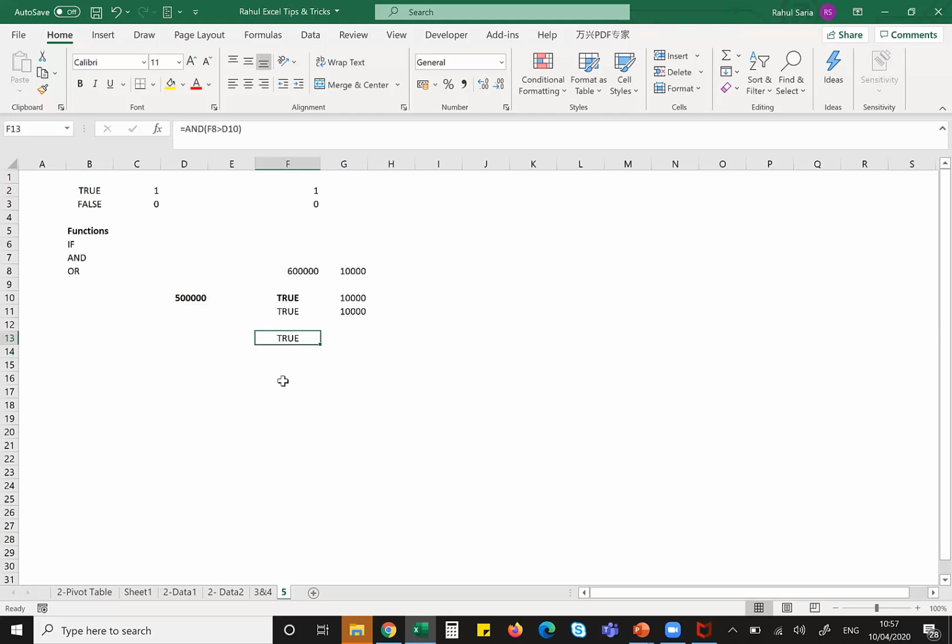Why I'm telling you this? When there are a lot of formulas in a single sheet, the more loops that you create under IF, because sometimes the formulas are so complex that you end up using 8 to 10 IFs within IFs, right? When you use that, the file becomes very, very heavy, and the system may not work really well, especially in Excel. In that case, if you can use TRUE and FALSE to a larger extent using AND or OR, you can actually save a lot of energy of Excel and your system bandwidth, which will help you use a lot of formulas. So this is something very interesting that I wanted to share with you all.